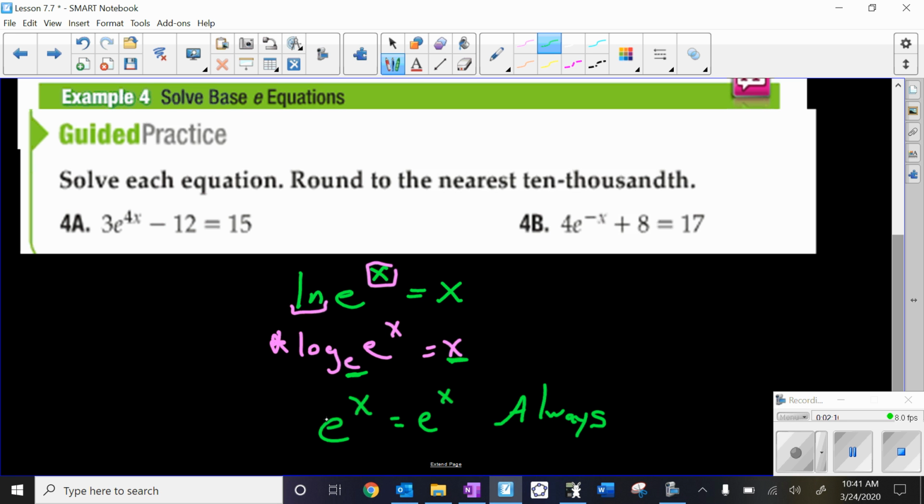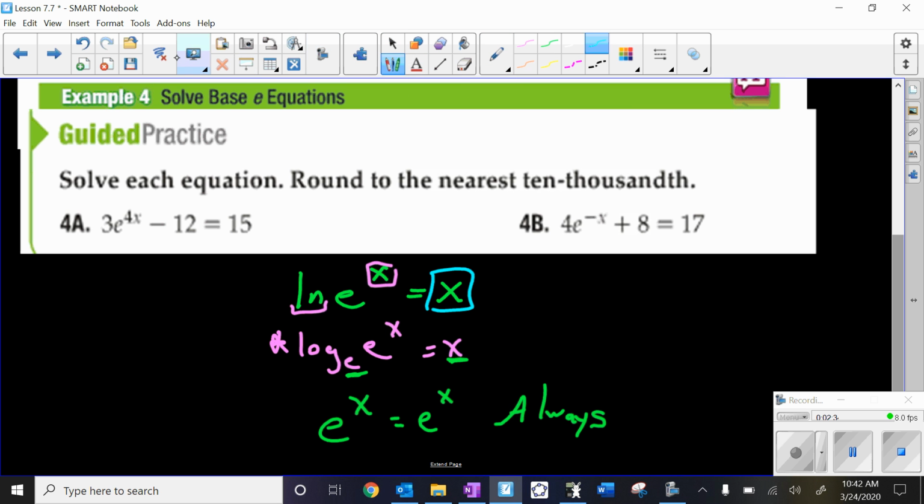So in order to make this a true statement, going back up here to the top, if I want to make this all work, the natural log of e to the x has to be equal to x. That will be the value. Okay, so we're going to use this property to solve these two problems. Okay, so let's look at